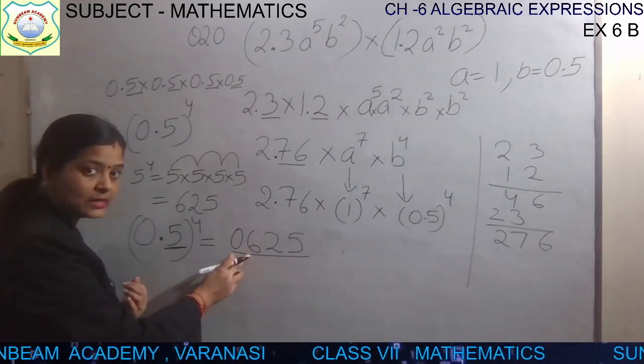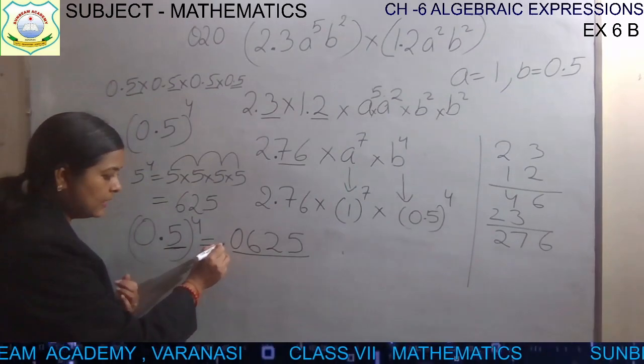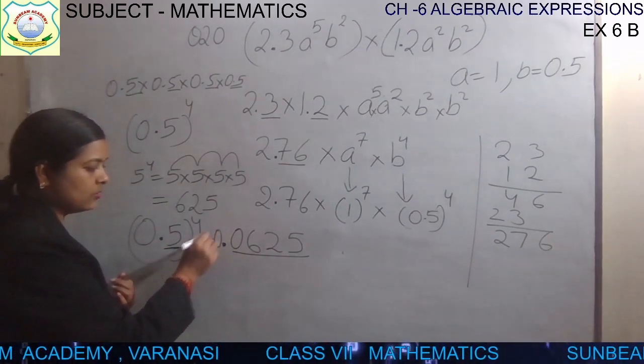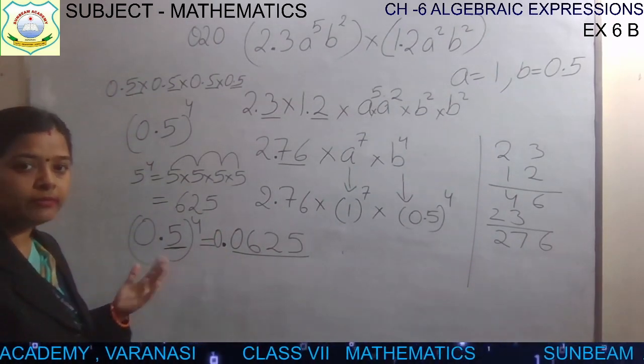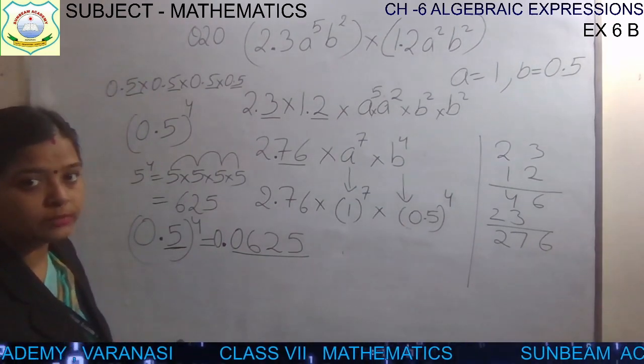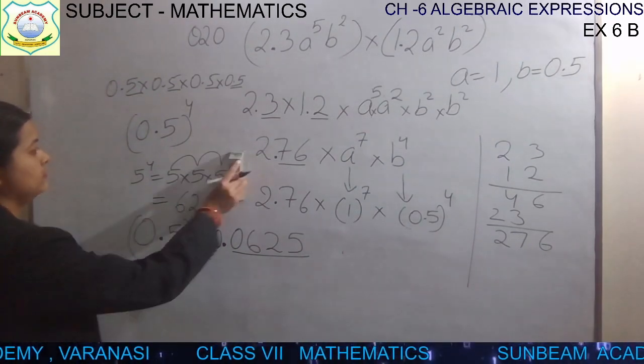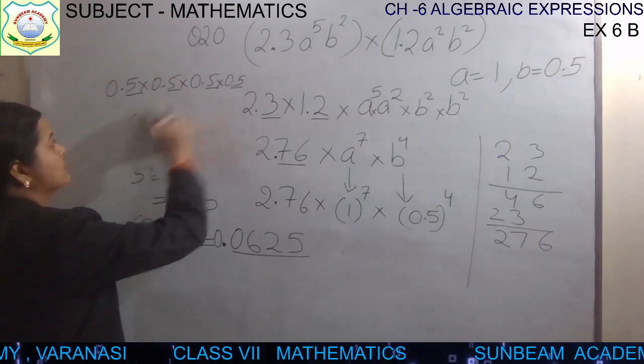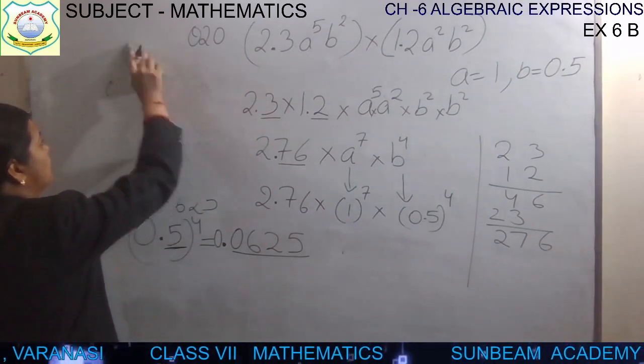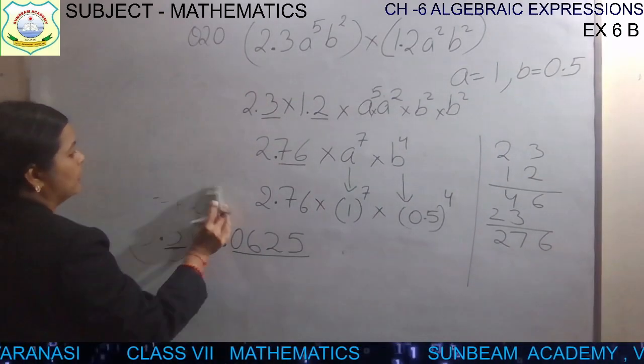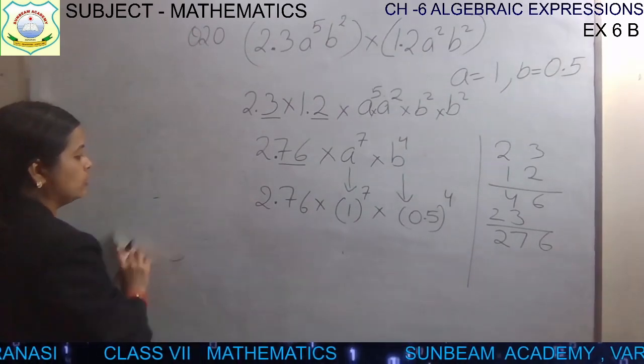Only 3 numbers are there. So put 1 0 and now the decimal place, and here also 0. So in this way we can find 0.5 to the power 4. Or if this concept is not clear to you, you can multiply 0.5 into 0.5 4 times. Then also you will get the same number,